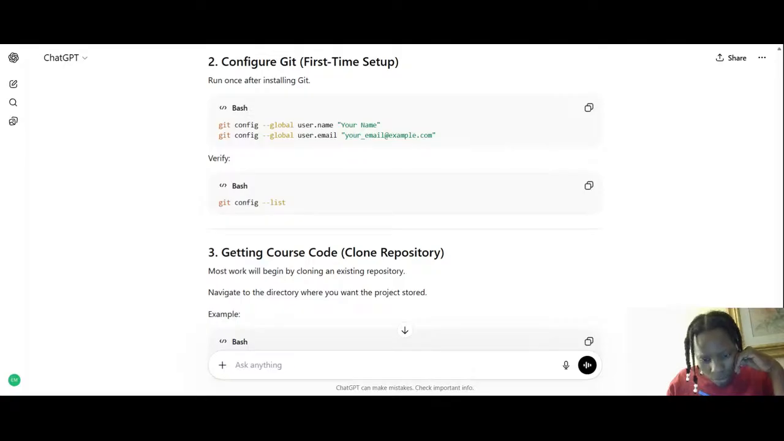Now, one thing that would be helpful is if I could share my screen so that you could see in VS Code where to actually type these in. But I'm just going to tell you instead. In the terminal of VS Code, once you have GitHub downloaded, you'll be able to run these commands. Okay. So the first command